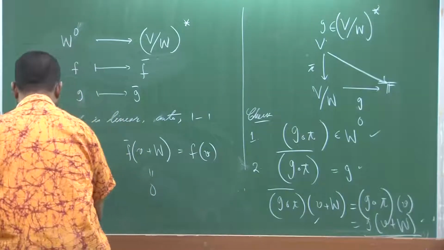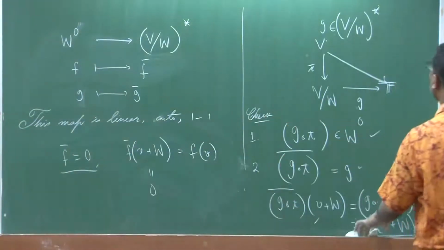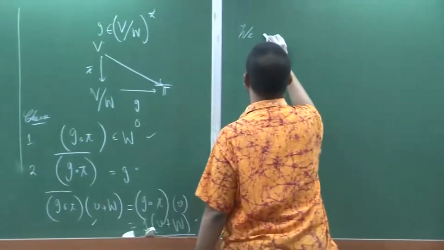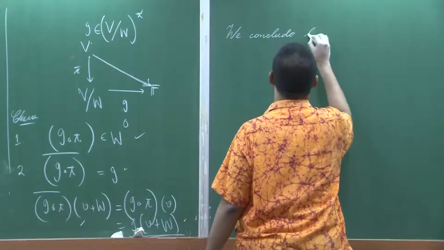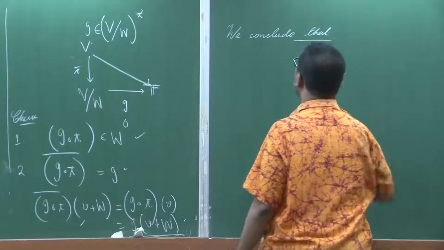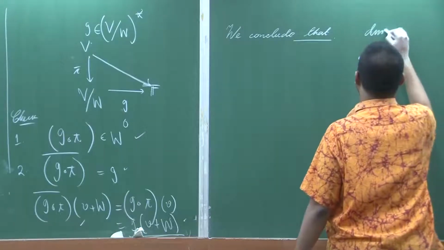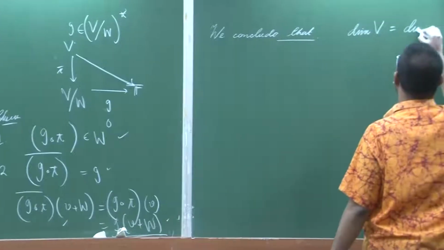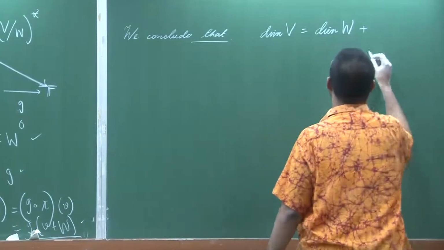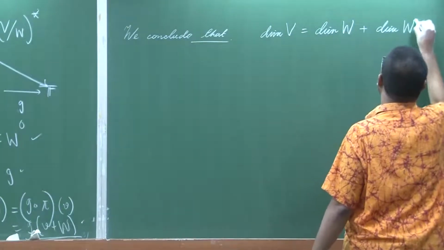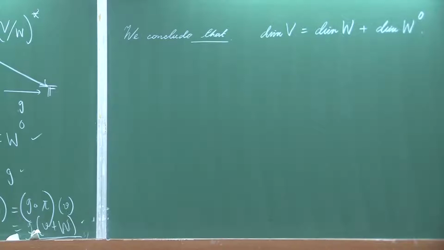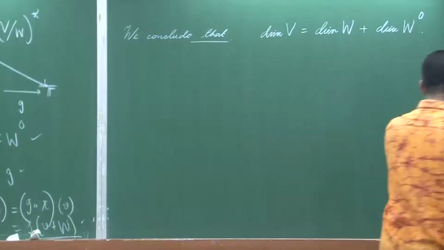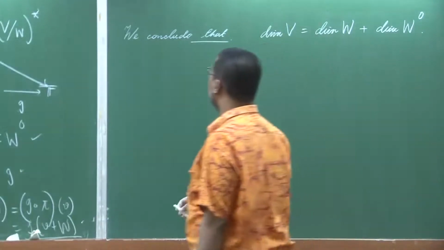So, as a corollary, we conclude that dimension of V equals dimension of W plus dimension of W naught. Okay. So, this is what we have done, and also we would